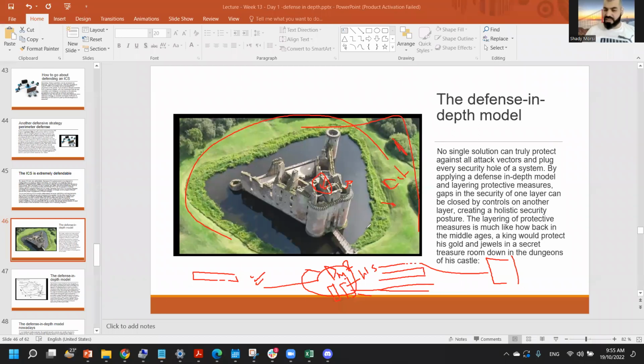So this is one thing. The other thing is basically this lake over here. Even if a thief came around your castle, because this thing is closed all the time, or maybe it opens, so no